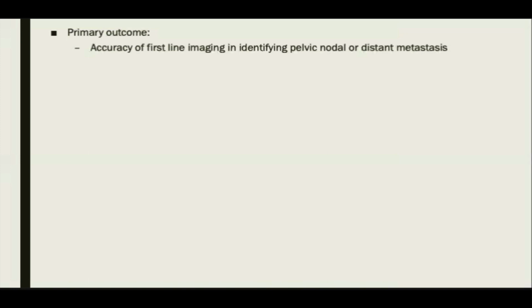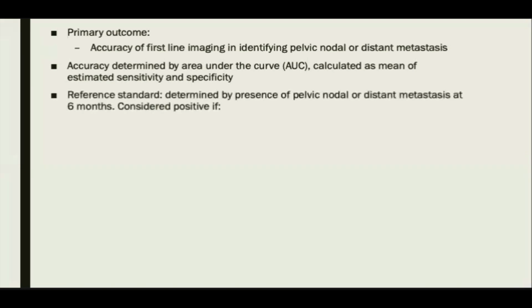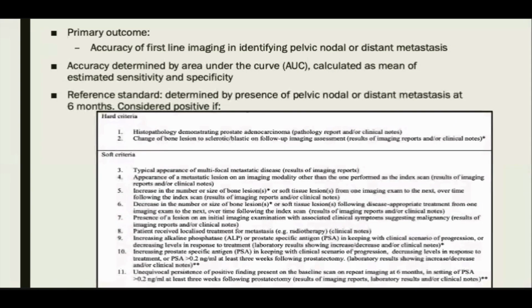So what they were looking at was accuracy of first-line imaging, identifying pelvic nodes or distant metastases. And the accuracy was determined by the area under the curve, which was calculated as mean of estimated sensitivity and specificity. And they used a reference standard, which is determined by presence of pelvic nodes and distant mets at 6 months' time. And this was considered positive if you had one of two hard criteria, being the histopathology demonstrating prostate